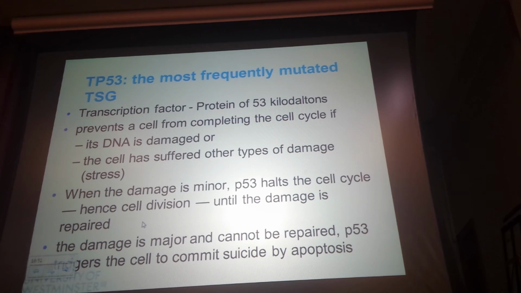Another really important tumor suppressor gene, which is found to be the most frequently mutated gene, is P53, called TP53 for tumor protein 53. It's a transcription factor, and it's a protein of 53 kilodaltons, hence its name. It prevents the cell from completing the cell cycle, and it prevents